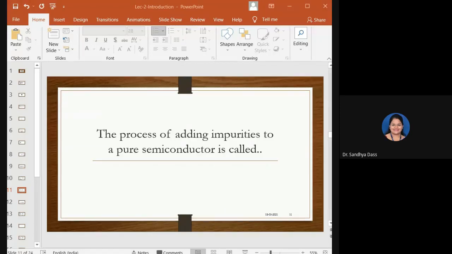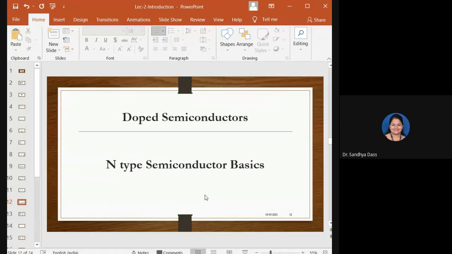Okay, yeah, stop. Fine. So we'll proceed with doping these semiconductors, or what do we mean by doped semiconductors? Okay. So first, let us consider N-type semiconductor basics here. In order for a silicon crystal to conduct electricity, we need to introduce an impurity atom such as arsenic, antimony, or phosphorus into the crystalline structure, making it extrinsic. So extrinsic semiconductor means which is impure in nature. That means there is some impurity added to the intrinsic semiconductor.